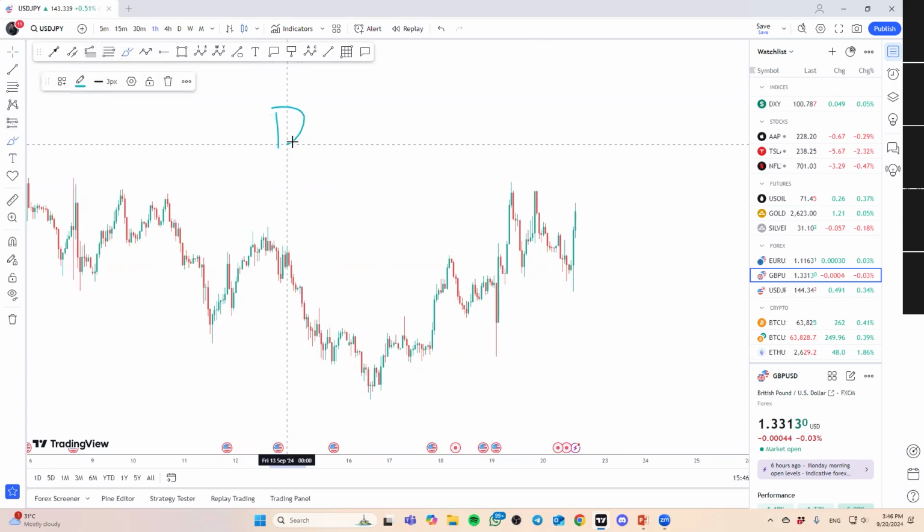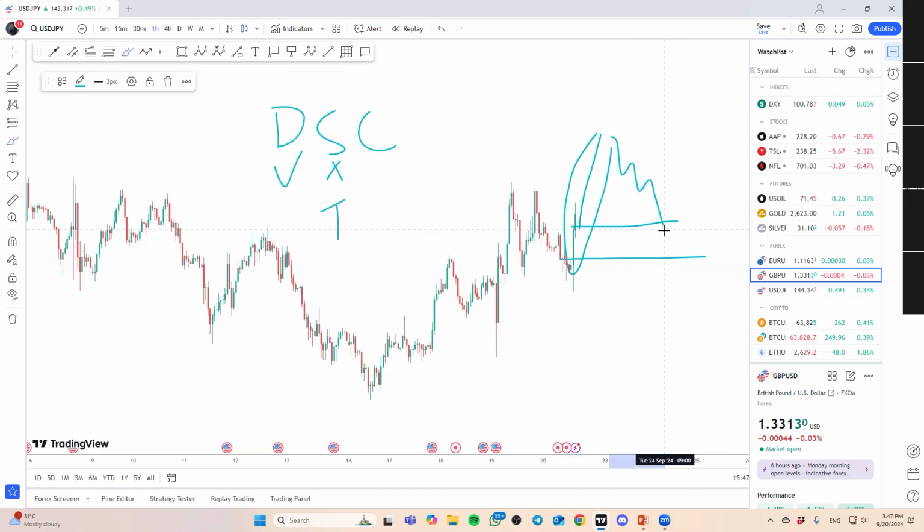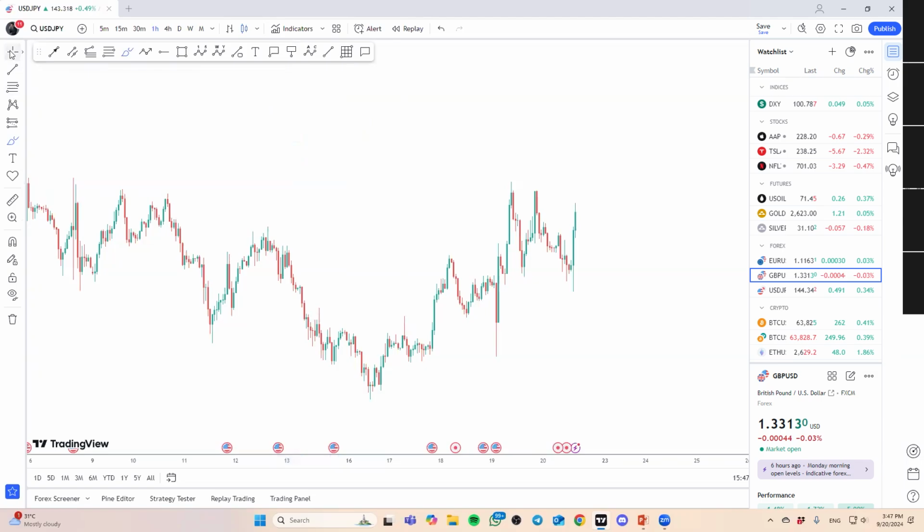So again, you want to be very clear. Using the DSC framework, we have a direction. If you don't have a setup, that means the timing is not there yet. You don't want to take a trade first. You don't want to force things in. What you can do is wait for price to maybe make a move higher first, and then during this leg here, you might have some fair value gap. And when the market pulls back, that's your opportunity to take the buy trade. Sometimes part of trading is just to wait. Sit and wait for price to give you the setup that you want.